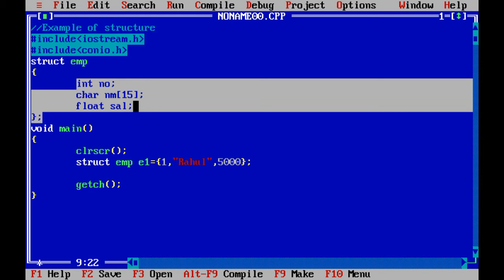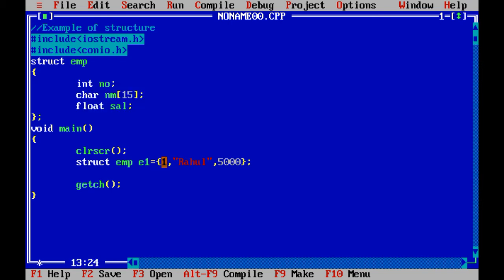You can access it. So I have passed the data over here. I have passed 1, which is going to be stored in e1.number. Remember one thing, I cannot write the number variable directly over here. Why? Because nobody knows what is number.